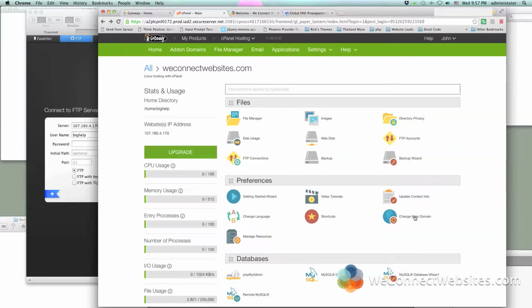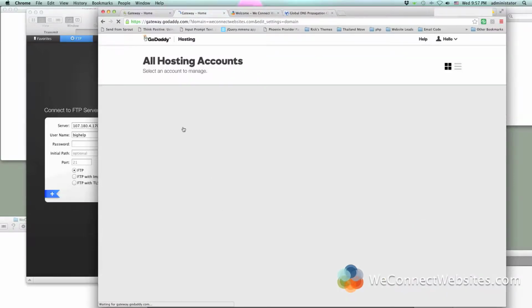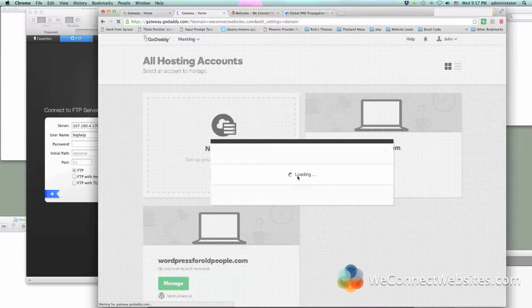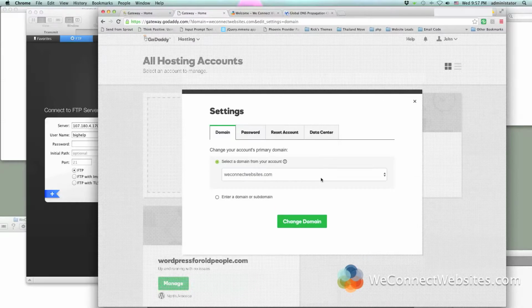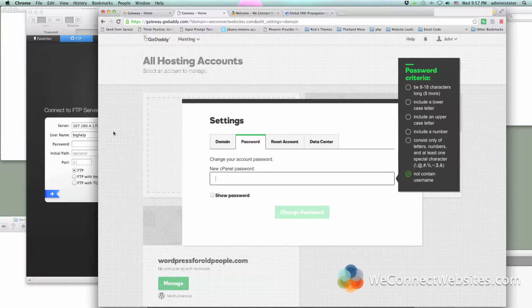I'm going to click this button right down here, change main domain, and that's going to kick me back out to what's called the gateway screen. And then this screen will load here, and then it has this pop-up window right here. So it'll load, and then it's going to ask what do you want to do, you know, the tabs there. cPanel password, we're going to change it, and I want to make it something like, we'll throw a similar 2 in there, and some of these,